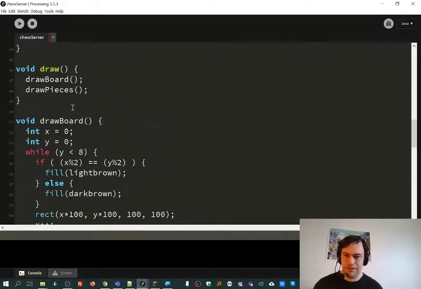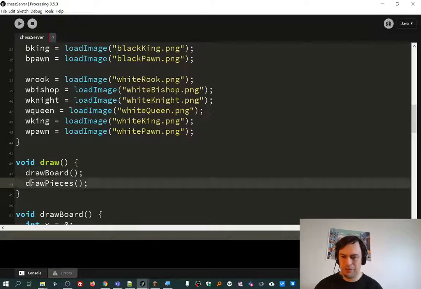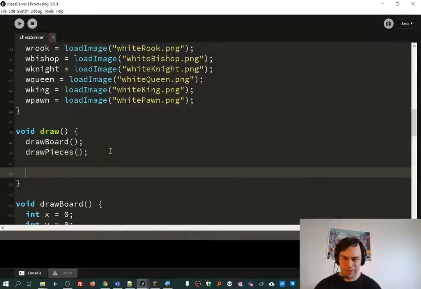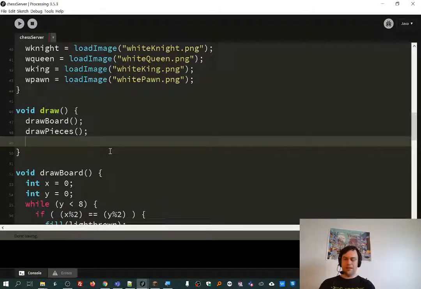So I'm going to put that in here as well. Oh, look at our draw function. It's so organized. Draw board, draw pieces. I'd hate to just jam in like blah right in here. We might as well make a function, right? So I'm going to put in